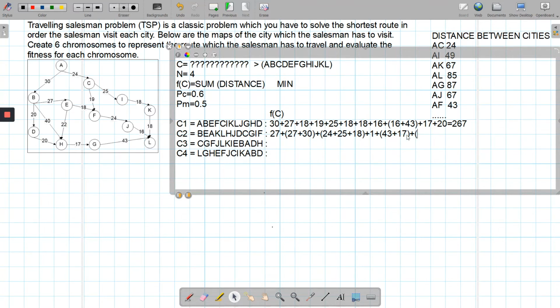which is 22 plus 18 plus 24. So what is also then from J to D, we have to go to this one. If you go through this path or this path, which one is the lowest? If you go here